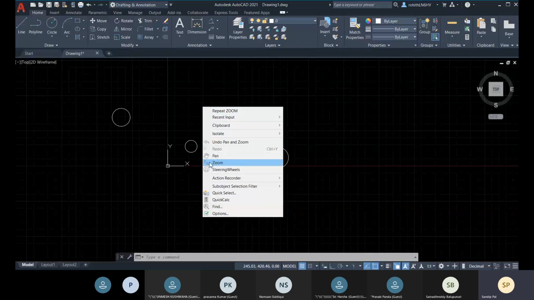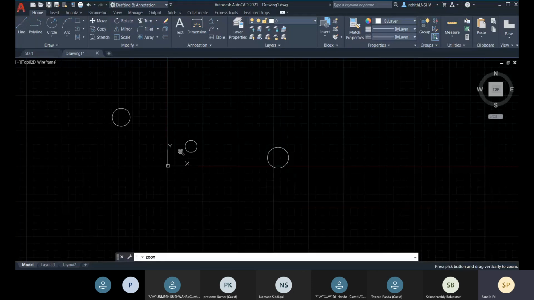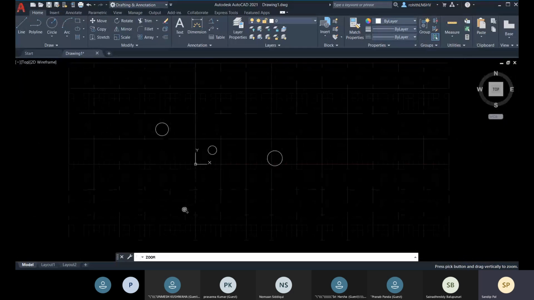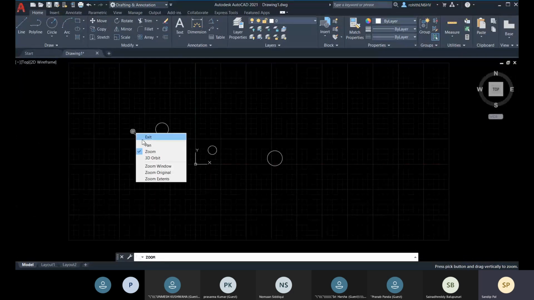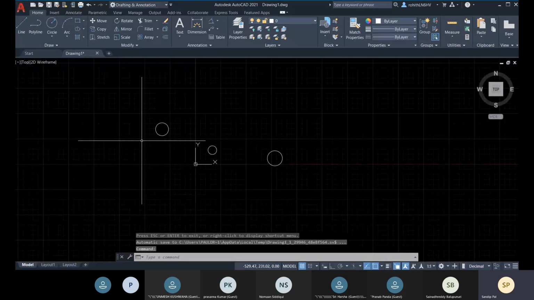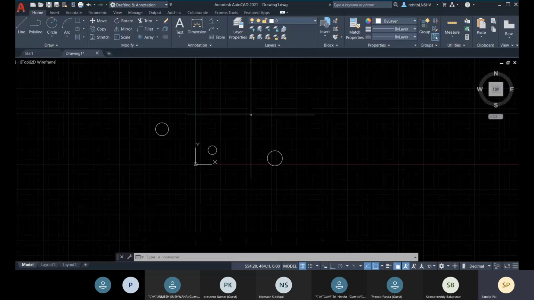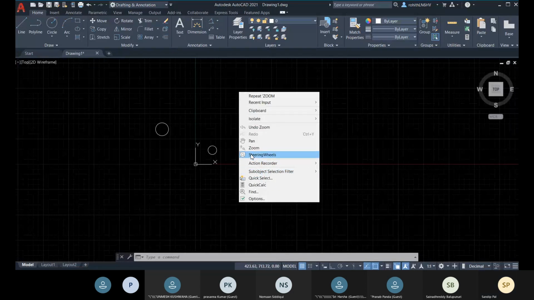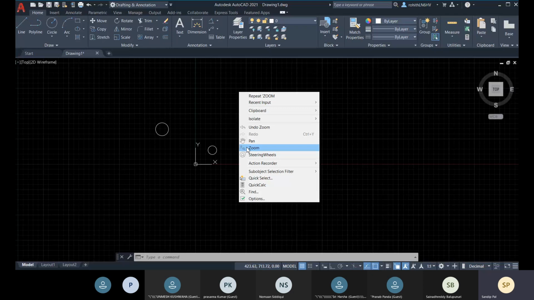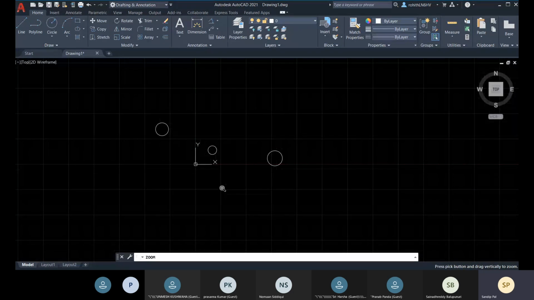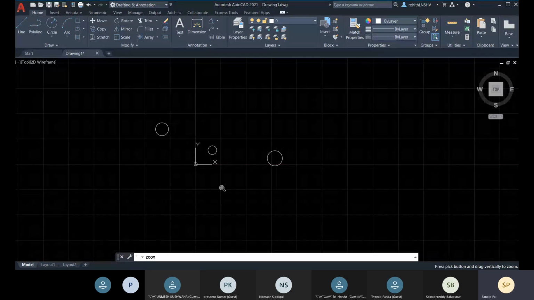And you have more options if you go for right click. There you also have this zoom option, and with this you can zoom very precisely. Let me show you again. If you right click anywhere within this screen, there also you will get this zoom option. If you left click on this zoom option, you can zoom holding your left mouse button.